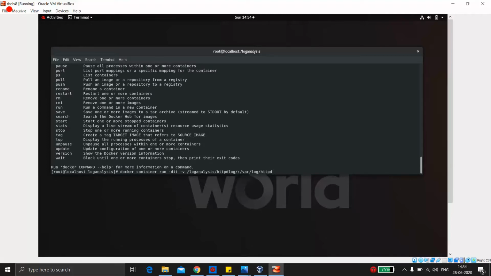Now in this command, the directory which we are representing here is the directory in our local system, which we want to mount to the container which we are going to run. So this is the path where we want to mount this particular directory. Why we are doing this is so that we can get the log of the web server to our local system.